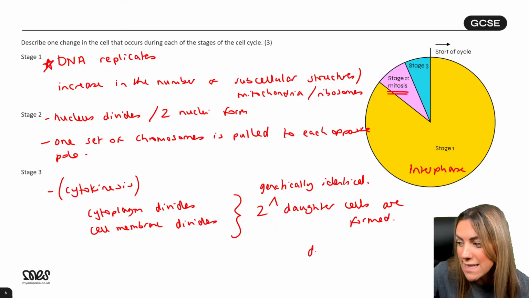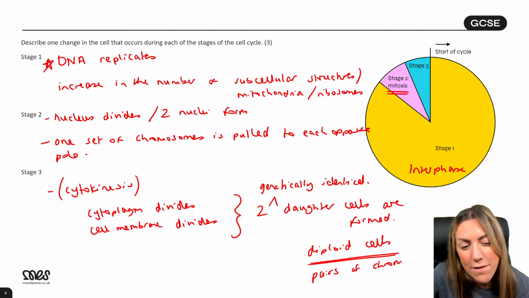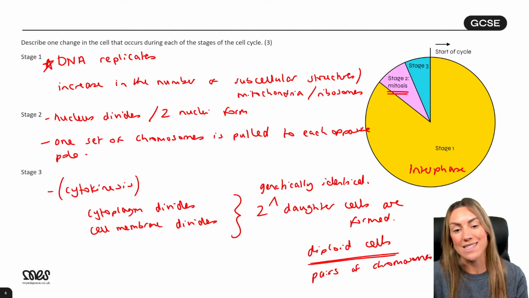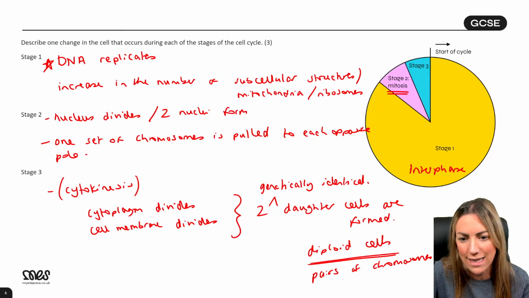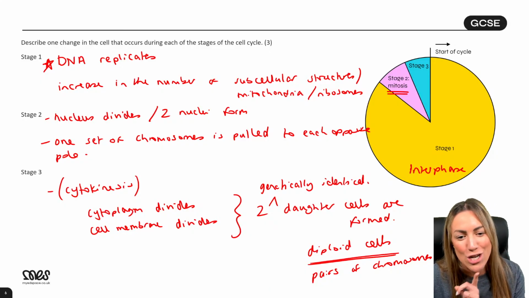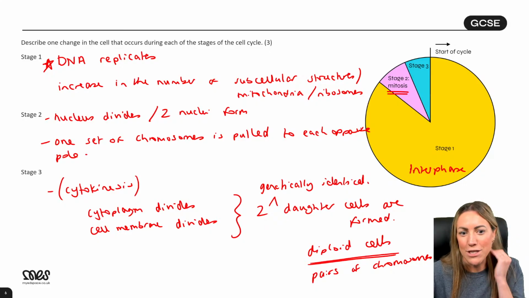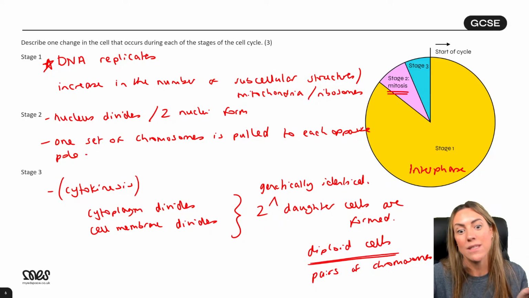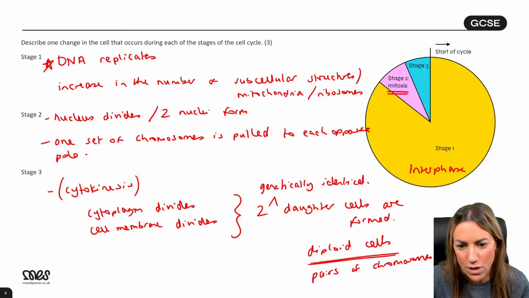By the way, these would be diploid cells, not haploid. Diploid cells, because they have pairs of chromosomes. Basically what that means, diploid daughter cells, is they have a full set of chromosomes. Their chromosomes are still in pairs. You definitely don't have to write cytokinesis. You're not expected to actually know it's called cytokinesis, stage 3. So you definitely don't have to write that. Yeah, and well done, Umar. Meiosis makes haploid cells. Mitosis makes diploid cells with a full set of chromosomes because the chromosomes are still in pairs.